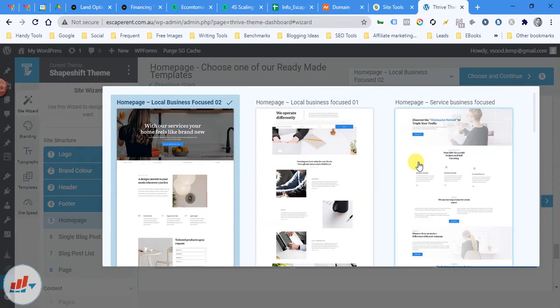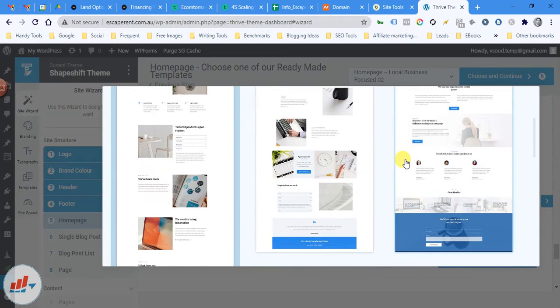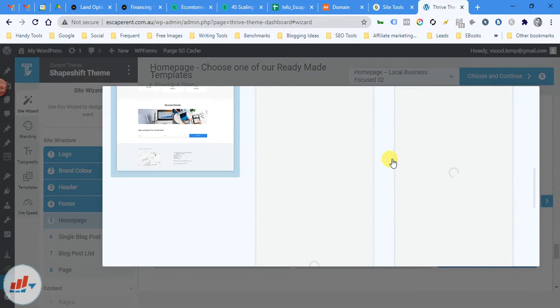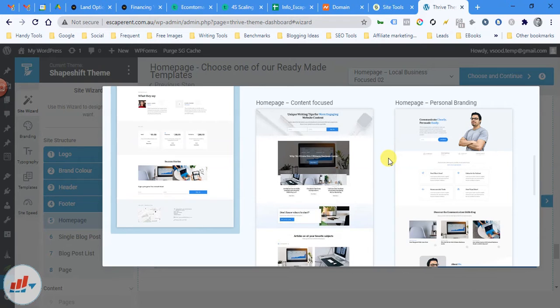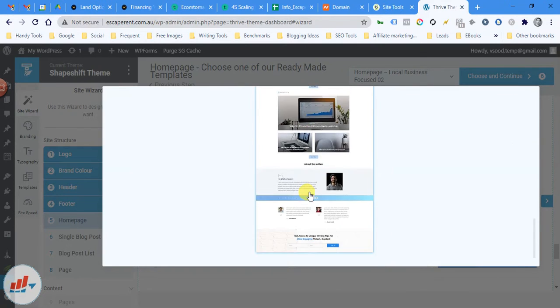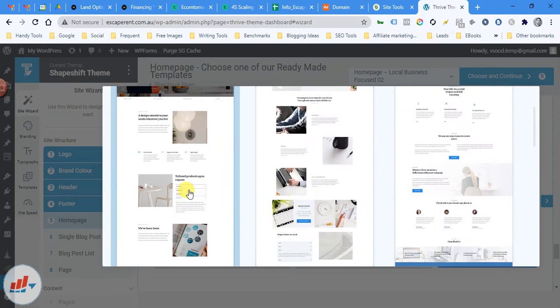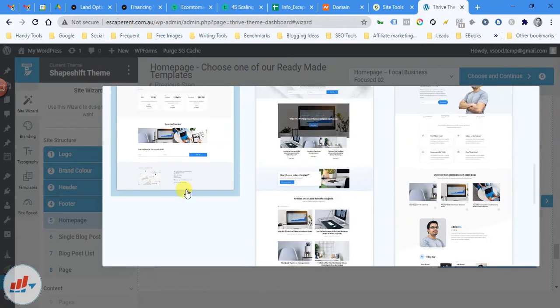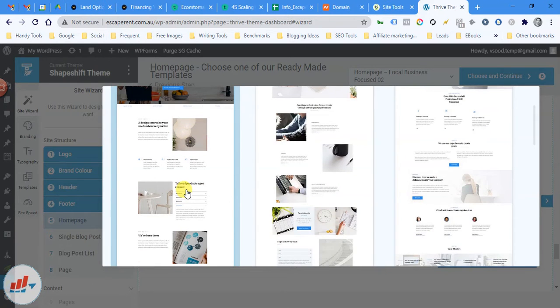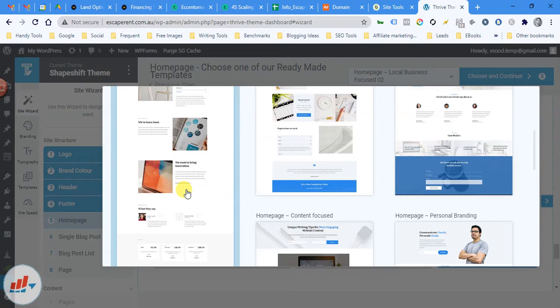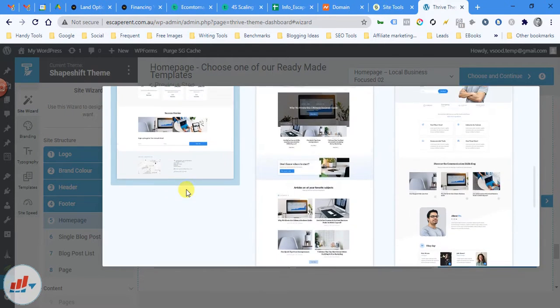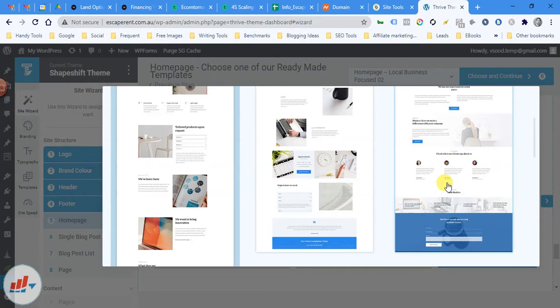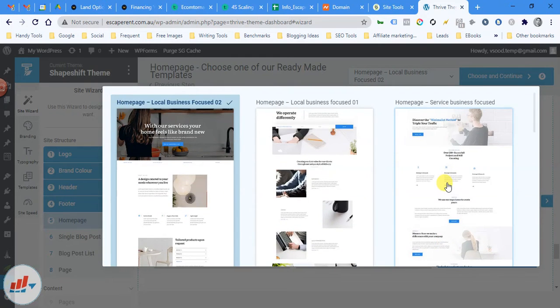Now this is for service focus business. This is content focus. We don't want personal branding. No, we don't want content focus. We need a local business, and local business should have different elements. Okay, this is also good, and I think this is also looking better.